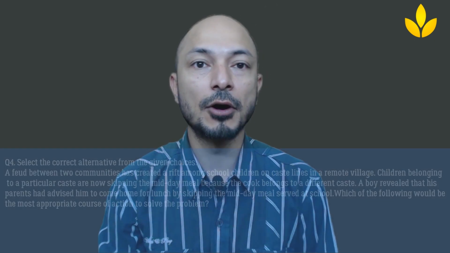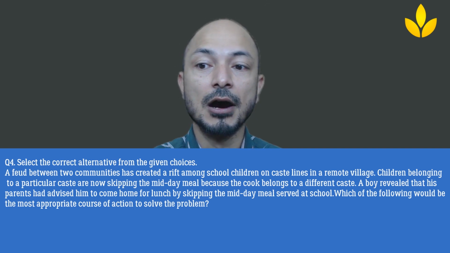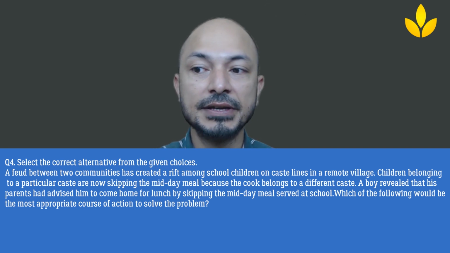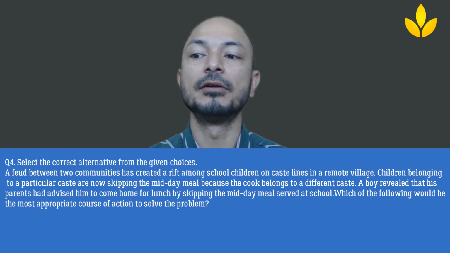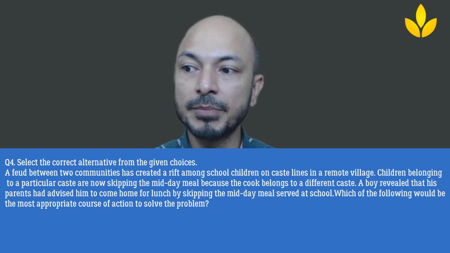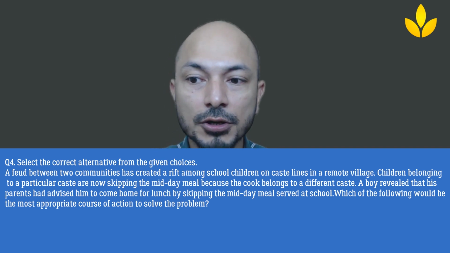Hello, we are here with question number 4 of the verbal section of the Wipro pattern papers, and question number 4, it's about sentence inference again, and it says select the correct alternative from the given choices. So the passage reads, a feud between two communities has created a rift among school children on caste lines in a remote village. Children belonging to a particular caste are now skipping the midday meal because the cook belongs to